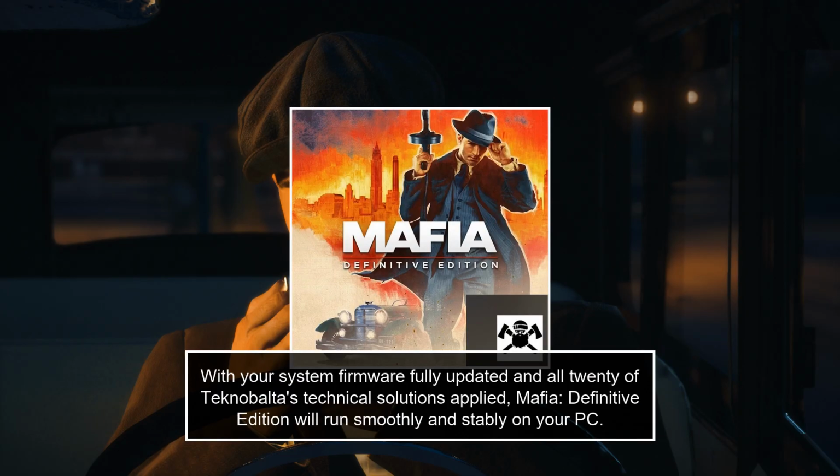workloads. With your system firmware fully updated and all 20 of Teknobalta's technical solutions applied, Mafia Definitive Edition will run smoothly and